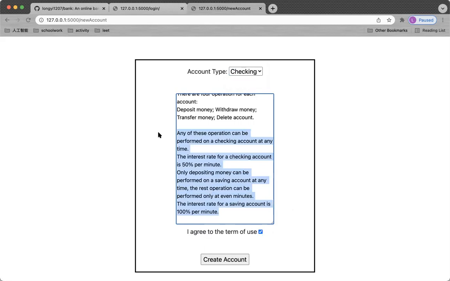The reason I put a constraint on the saving account is that I feel like in real banks, like BOA for example, saving accounts give you more interest, but there are just some constraints on it. And well, I don't know if that's true, so don't take my word for it, but that's the motivation for this. So yeah, here let's just create